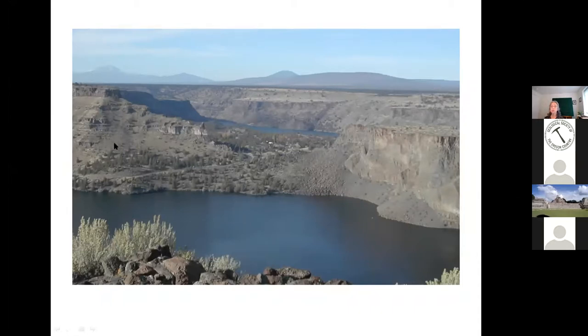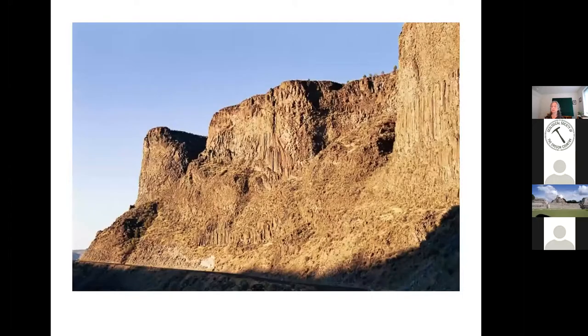Some of these lava flows were enormous in size, to the point where they were lava flows 100 feet thick. Think of a wall of red lava advancing towards you that's 100 feet thick. It cools in columns like we have here. So you can see all the different columns. We're looking at several different layers here. And yes, it has been eroded, but it's hard to erode. But this erosion that has happened here is exposing the columns in a nice way.